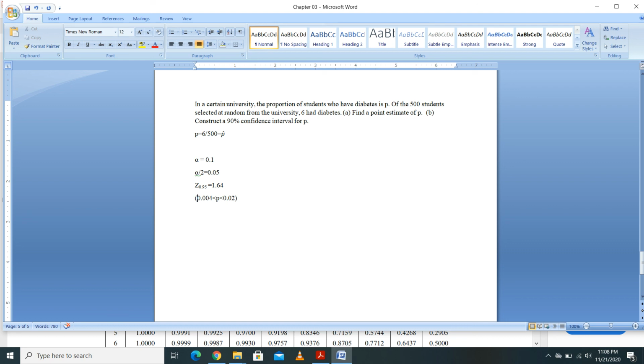In other cases, if you have a small sample there, we are unable to find a confidence interval using the binomial test. That is using for the population proportion. If you have small sample, it's hard to find a confidence interval. We cannot actually. But if you have a large sample, then we can find out a confidence interval. So here we can just conclude the proportion of the diabetes are in between 0.004 and 0.02 with 90% confidence,